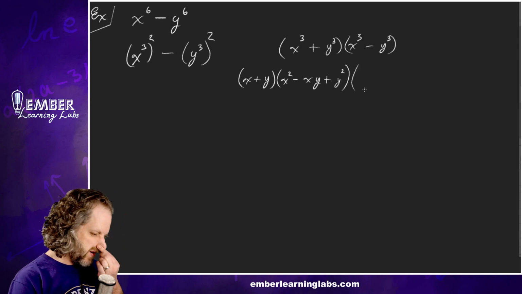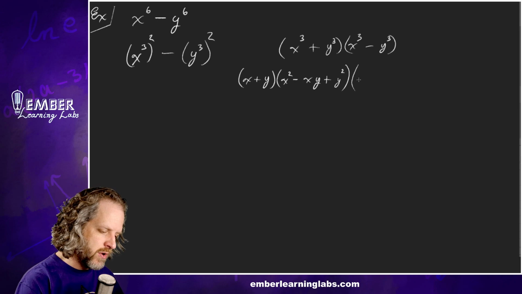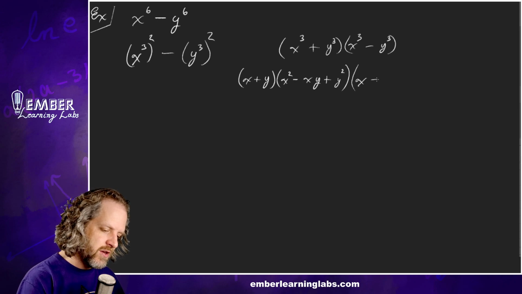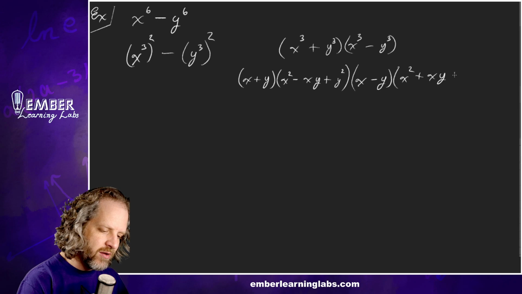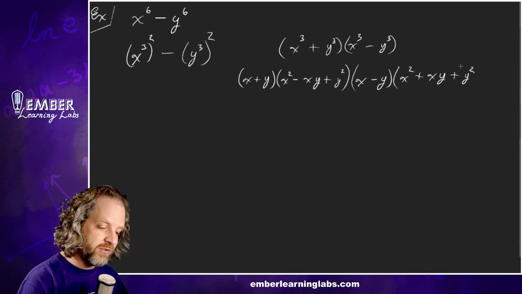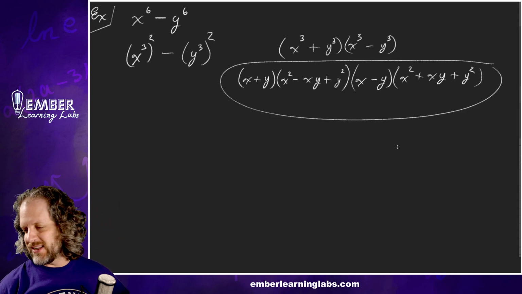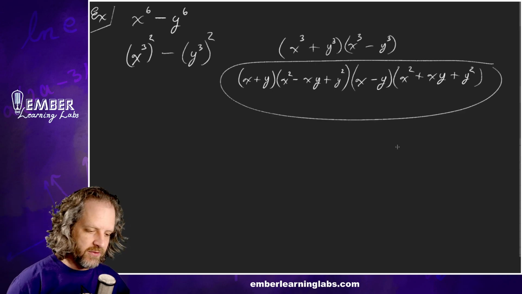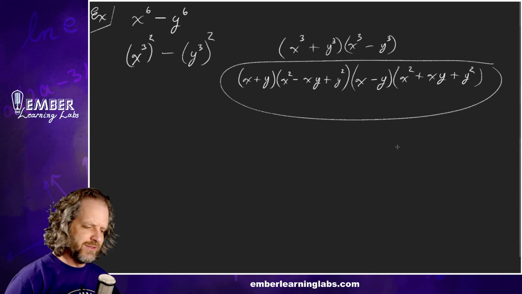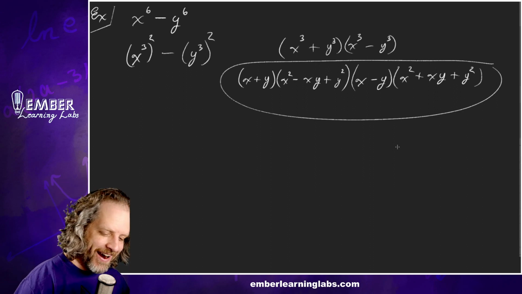Same thing here, but with all the different signs. So x minus y times x squared plus xy plus y squared. Wow. That's crazy. Cool, fun noodle, something. That's great. All right, so